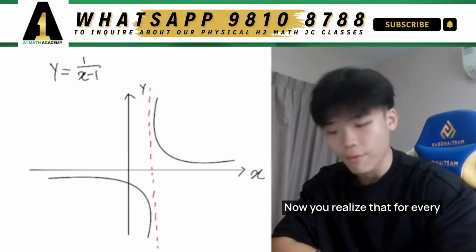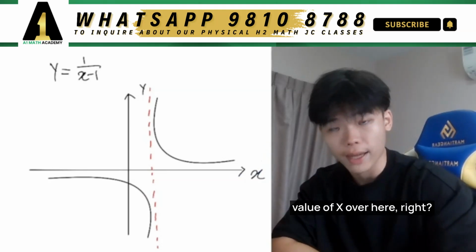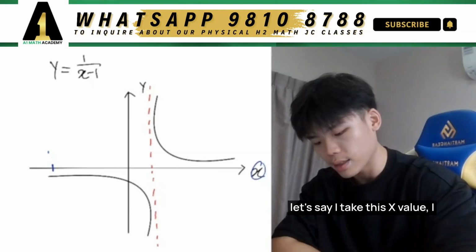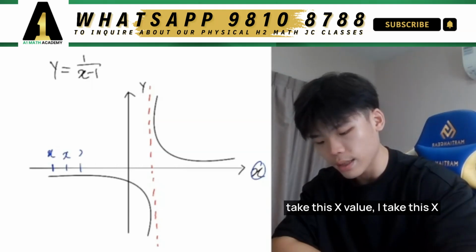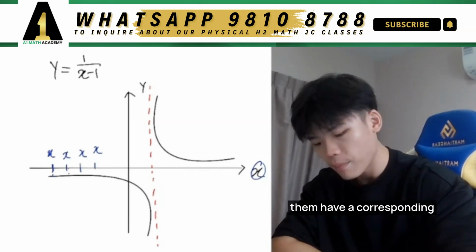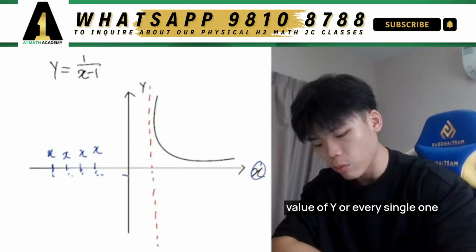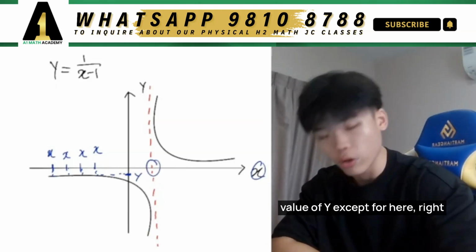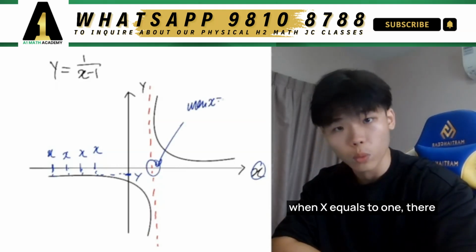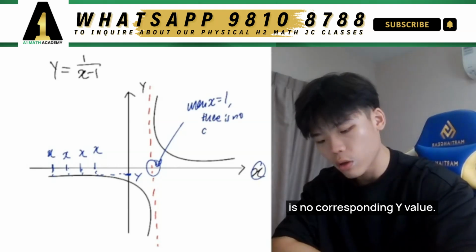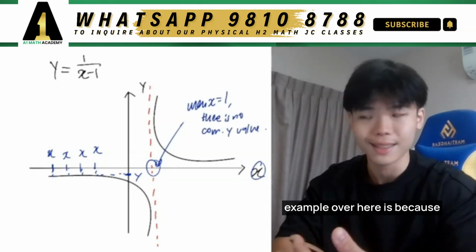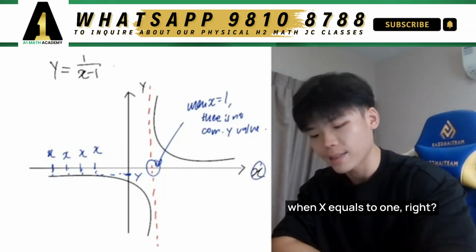Now, you realize that for every single value of x, if I take this x value, this x value, this x value, all of them have a corresponding value of y. Every single one of them has a corresponding value of y, except for here. When x equals 1, there is no corresponding y value. And why is there no corresponding y value in this example? It's because when x equals 1,